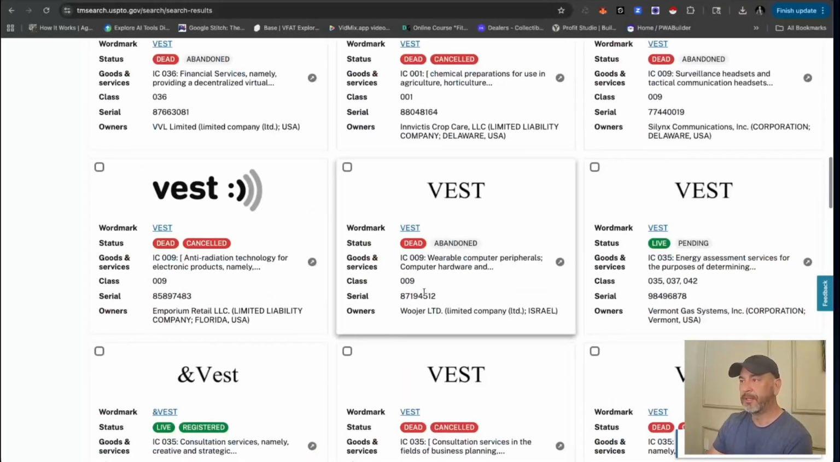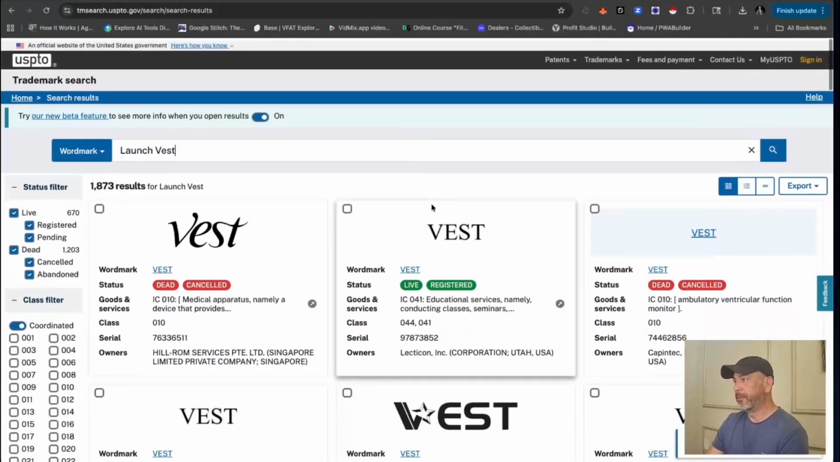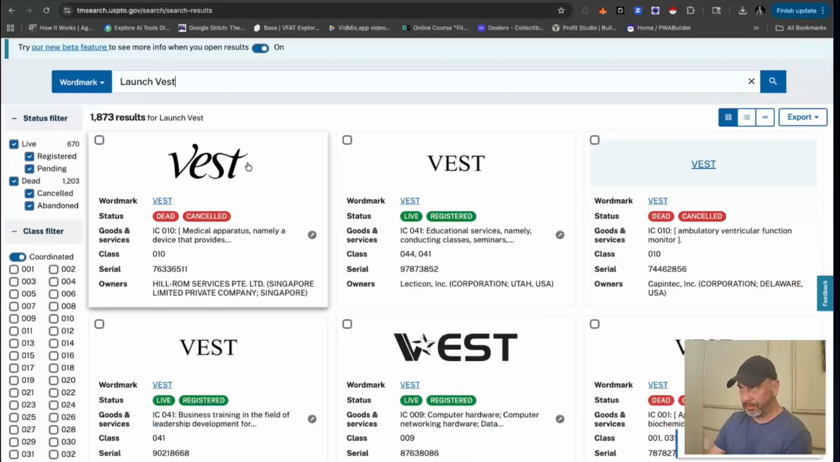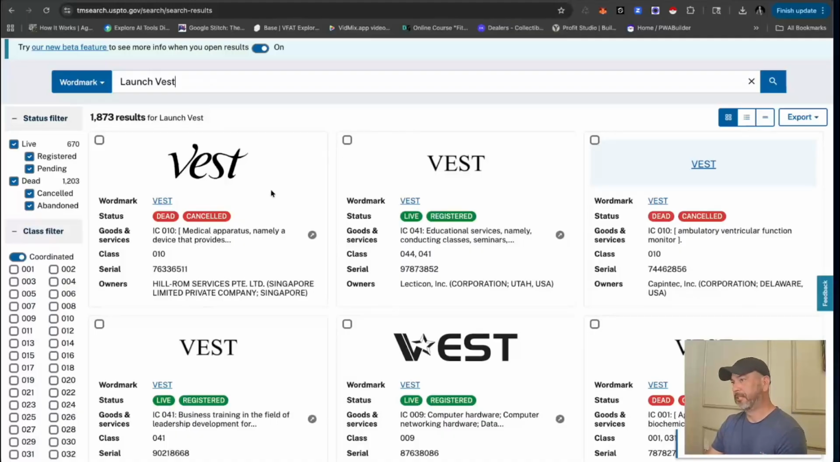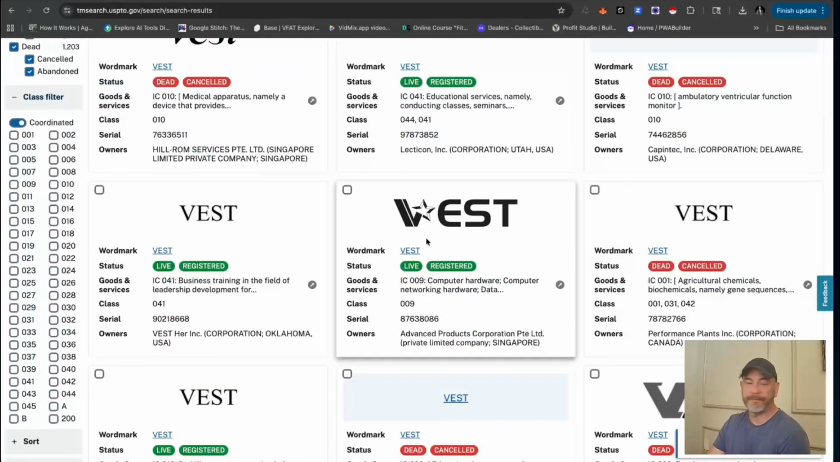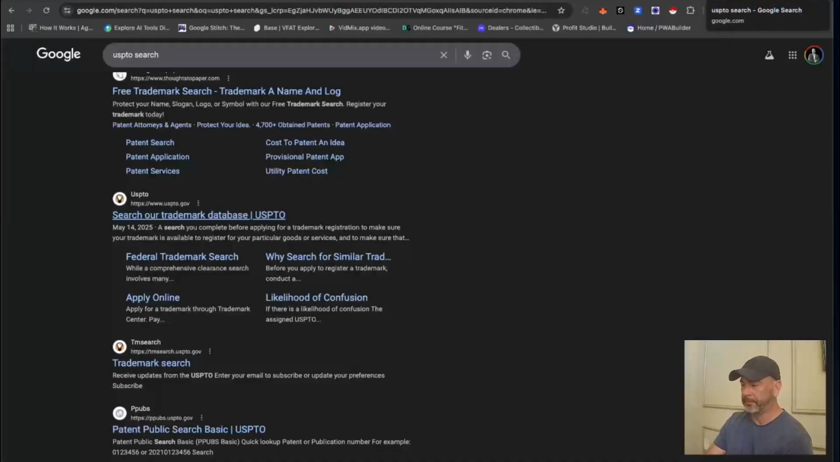Ooh, what's this? Anti-radiation. So really what you're looking for is something that literally is your term, and then what's it about? Like if mine's startup funding and somebody literally has a launch vest that's a piece of clothing, you're fine. Is it dead? Is it live? If it's really close, then find something else. If you don't know what to do, go to,